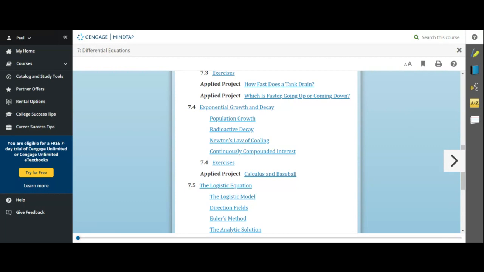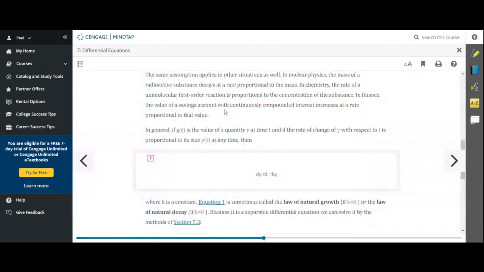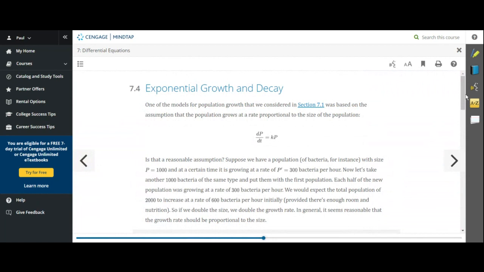Okay, so exponential growth and decay is section 7.4. Let me just take you through a little bit of a tour here. You're seeing what I'm seeing. Good. So one of the models for population growth is the assumption that the population grows at a rate